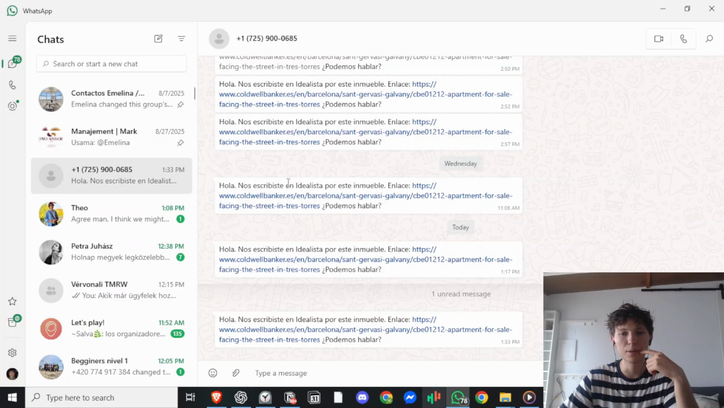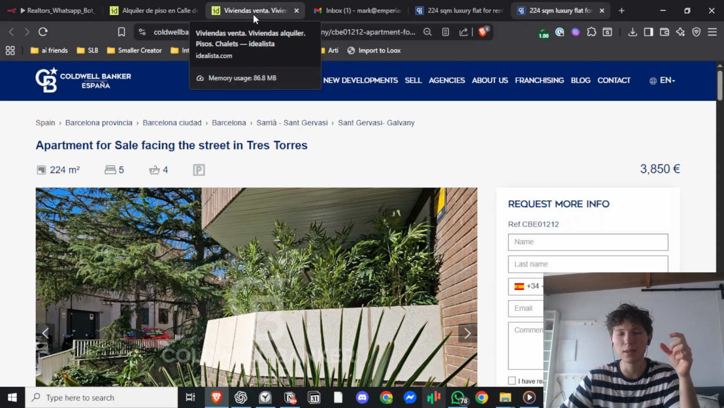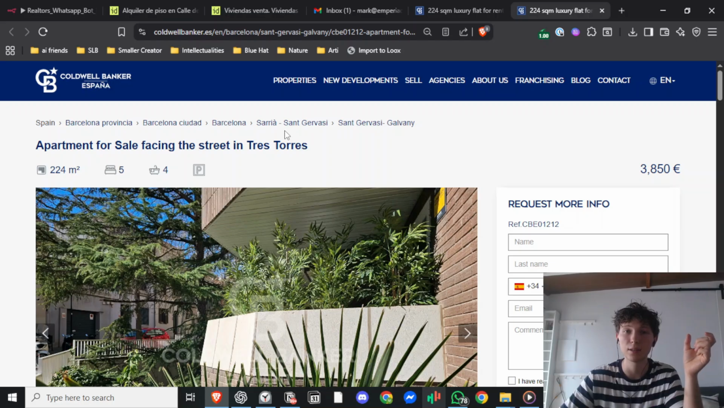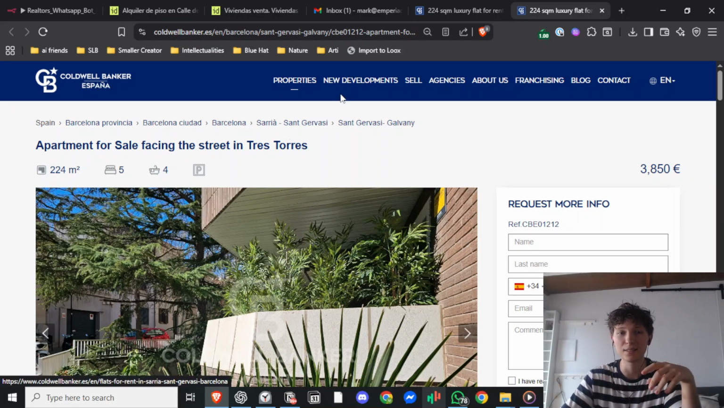And when that happens, I get a message saying, hey, we talked on Idealista regarding this property, can we talk? Obviously, this can be changed. But the point is that the property that they asked about on the platform of Idealista, based on the reference code, we look for the same property on the website of the real estate agent who listed the property on Idealista. So we redirect the person not to the Idealista profile, but to the exact address, websites, which in this case, Córdoba